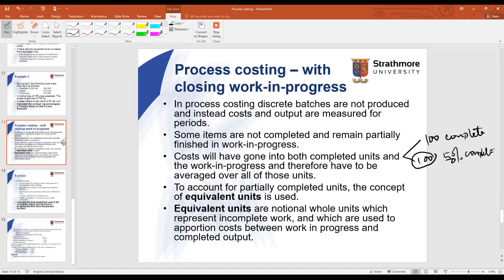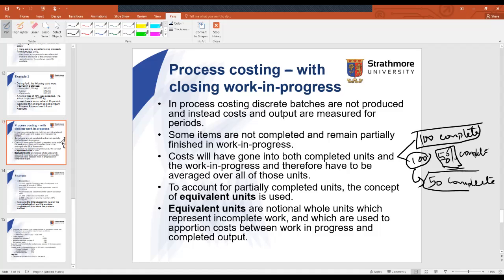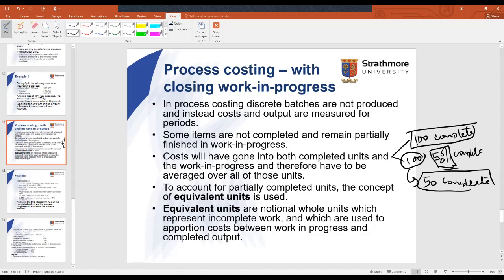We need to determine the quantity of those incomplete units if we are to assume they're complete. Since they're half complete, we can assume that each item is half of a complete unit. We can therefore assume these 100 incomplete items to be equivalent to 50 complete units, because they're half complete. Which implies that by the end of the process, the total units is 100 complete units plus the 50 that are equivalent. They're not complete as such, but we just determine the equivalent amount. Therefore, in total, the output for this process will be equal to